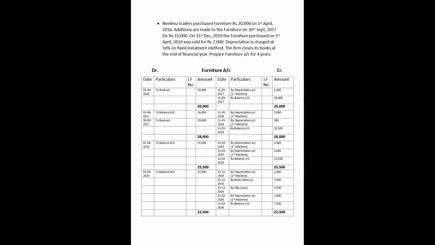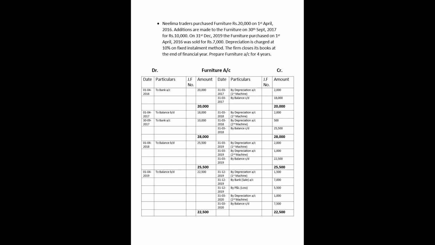First, we'll put the format, mention debit and credit, name of the ledger will be furniture account. So first machinery we have purchased on 1st April 2016 for 20,000. So to bank account 20,000 should be mentioned on debit side. Calculate the depreciation for first machine, that is 10% on 20,000, will get 2,000. Balance both debit and credit, will get balance carried on amount, that needs to be mentioned as balance brought down